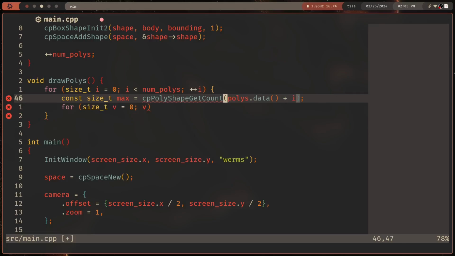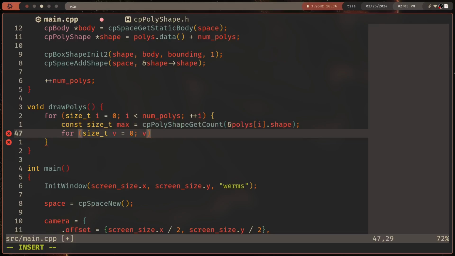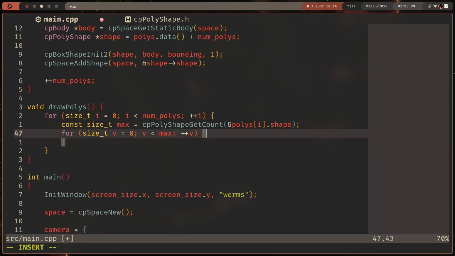It's probably, wait. Yeah, it takes in a cpShape. So actually I want to do this with array notation, because then I can do shape and just get the address of that, and v is less than max plus v, okay. Great, so